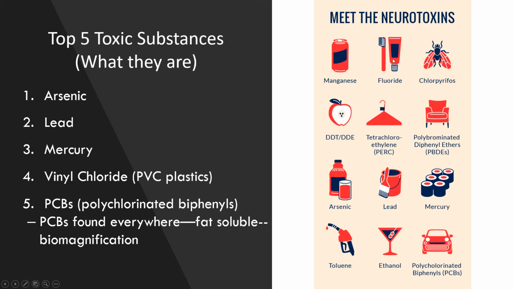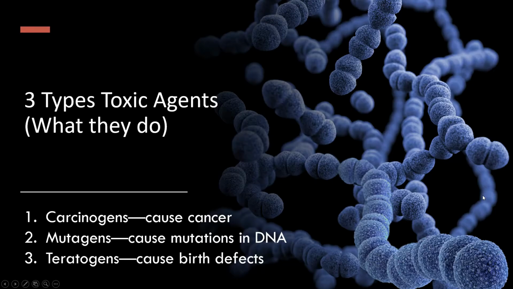The fluoride in your toothpaste is fine, but if you overdose on fluoride, you can have neural issues. So the easiest ones to remember are your lead and your mercury, because those are the ones that probably you're going to be more likely to be affected by, or the easiest examples. But all of these are neurotoxins, so you have to be aware of your consumption levels.